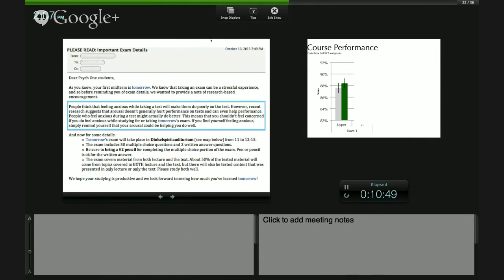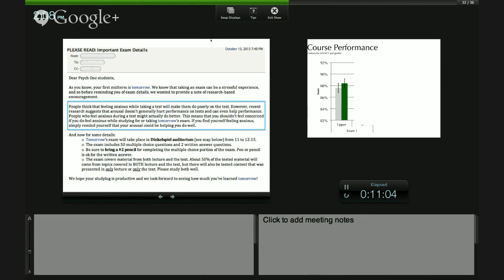And what's highlighted in the blue box is what we added. So all students got, as you know, your first midterm is tomorrow, and here are some specific details. But in the reappraisal condition, we were trying to help them think about that anxiety more productively, and so we simply said,